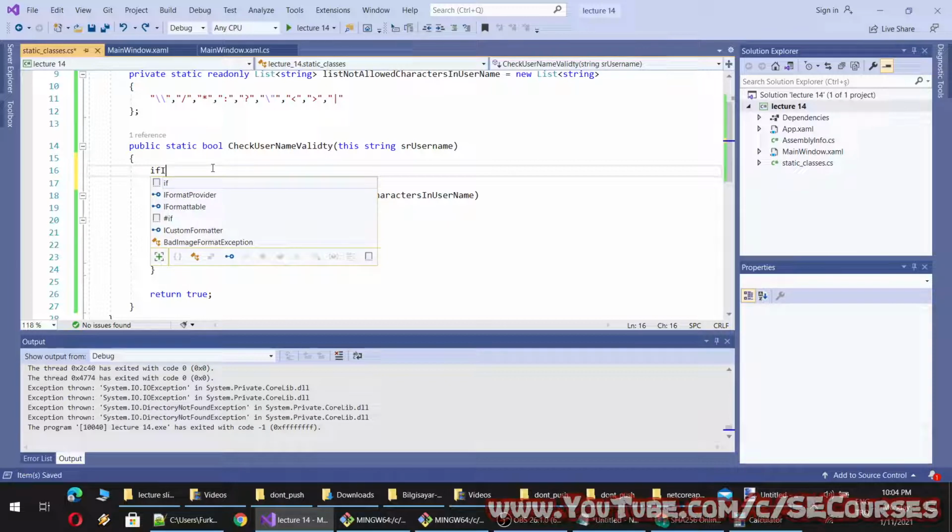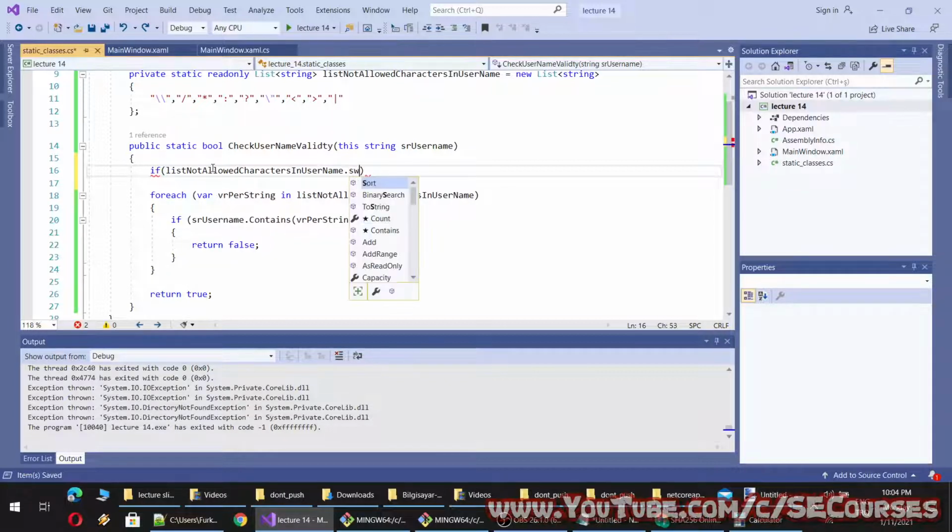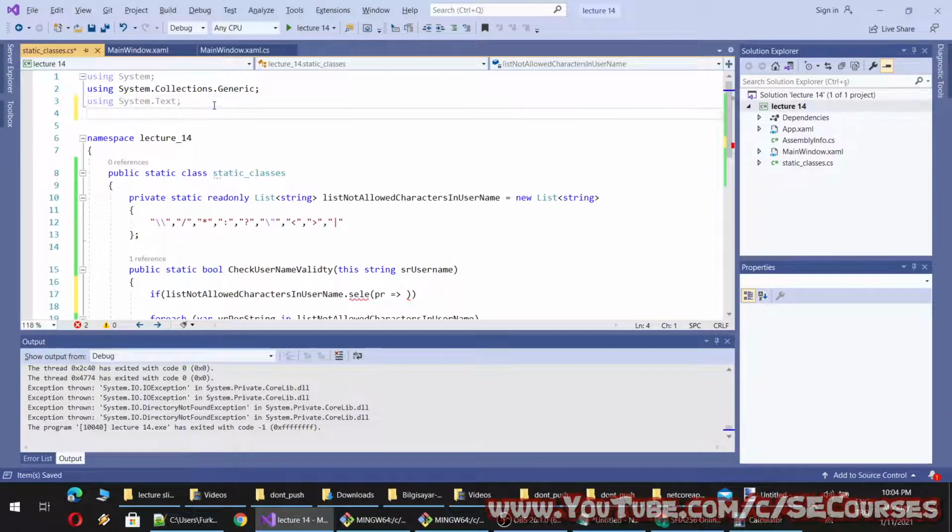Okay, and let's make a foreach. Actually this is the same, but this is the way that you can write it as a LINQ, for each of the characters. I need to add the LINQ reference first, System.Linq.